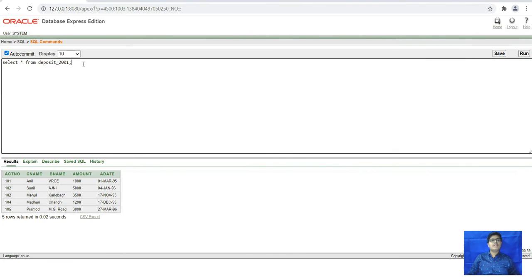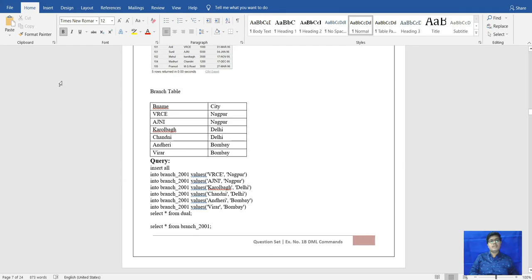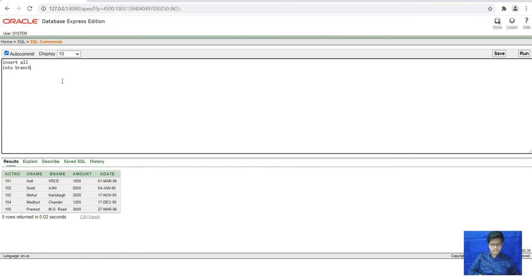Let's go to our DBMS. Insert all into branch. Values we have.